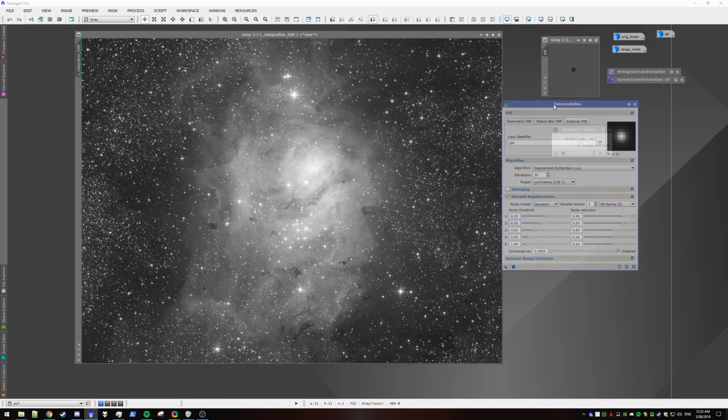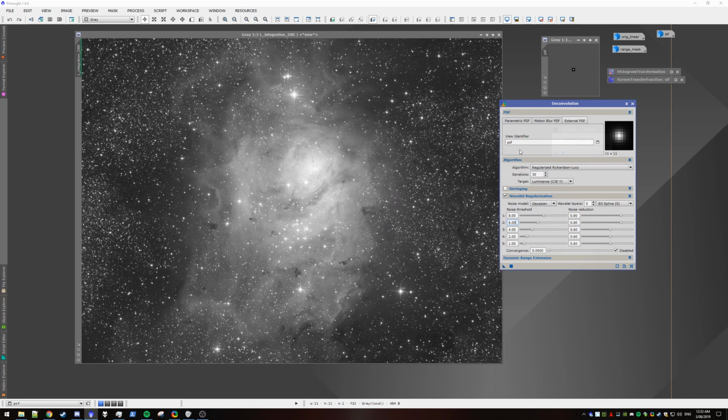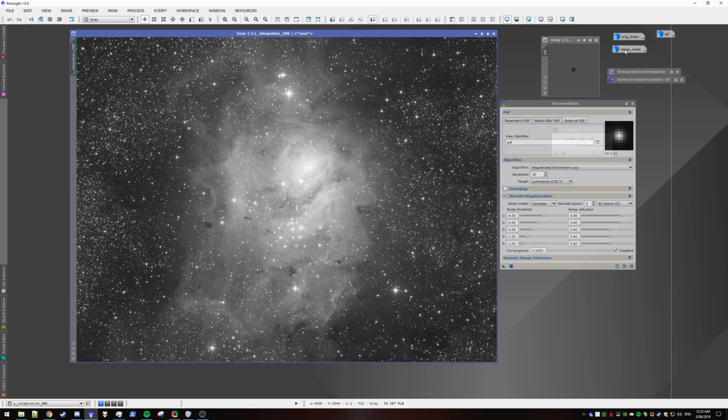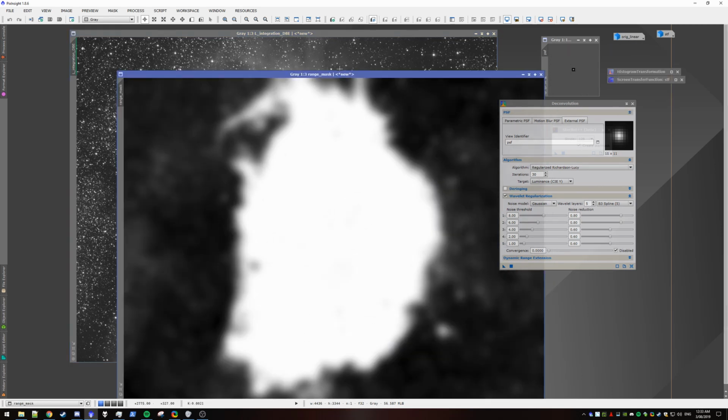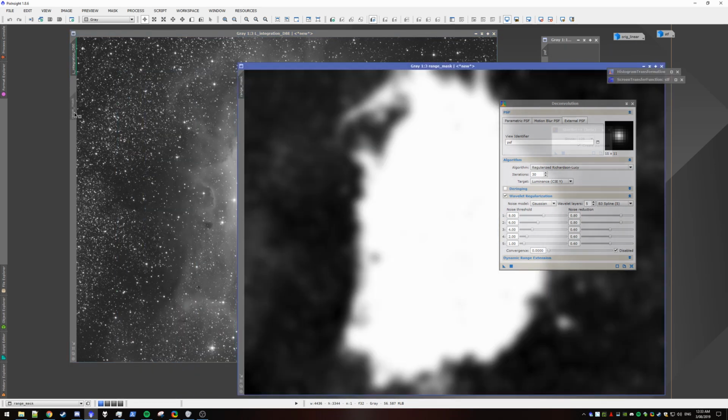So these are pretty much the settings that I use for decon. Make sure that de-ringing is turned off, because we're going to fix the ringing with adding the stars back in. Before we apply our decon, we want to apply our range mask. So we apply the range mask,